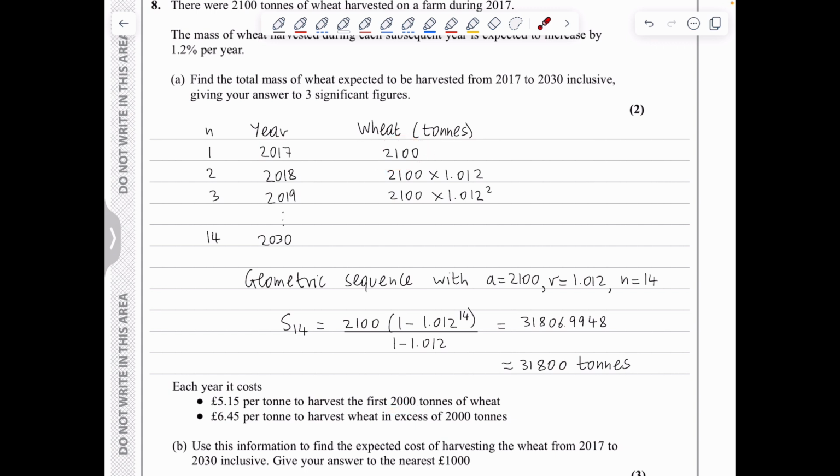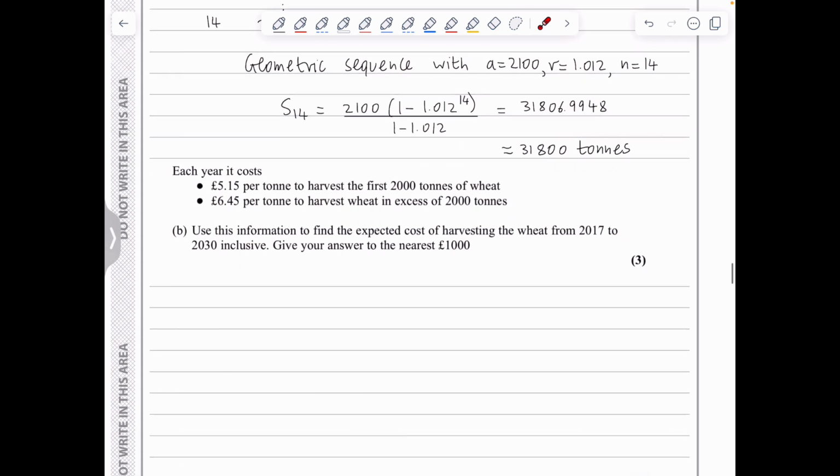So we've got 14 years for which we will be paying 2,000 tons at $5.15. So 14 times 2,000, this is equal to 28,000 tons that will cost $5.15 per ton, and the remaining will be charged at the